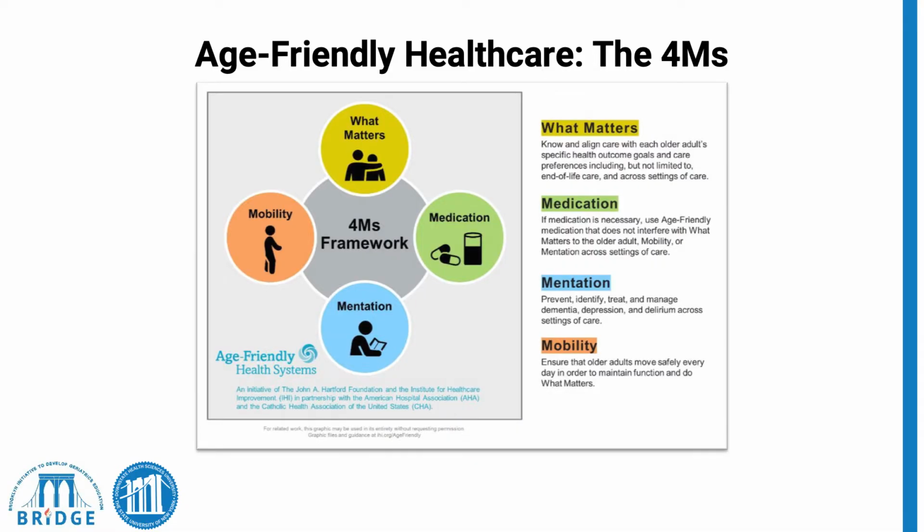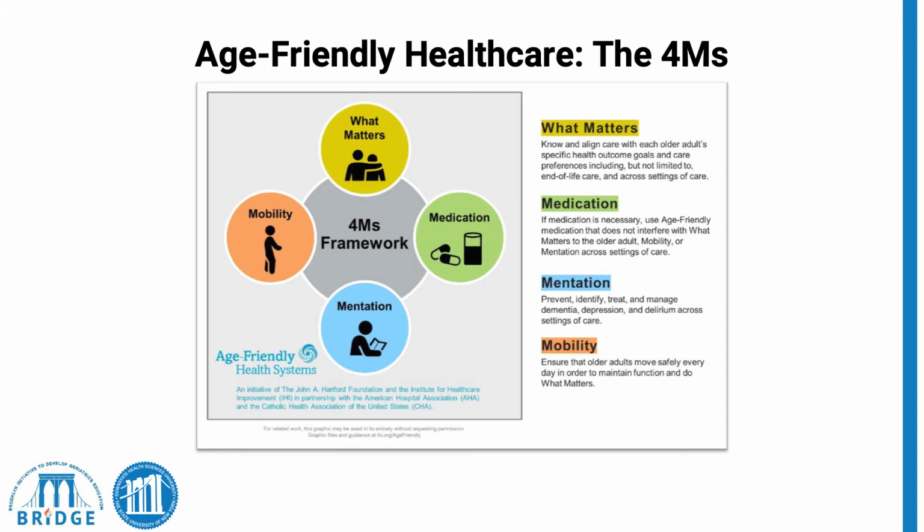It also takes into account medications and polypharmacy and potential for adverse outcomes and drug-drug interactions. It takes into account mentation, including depression, dementia, delirium. It also takes into account the patient's mobility and functional status. In the 4Ms framework, the intent is to emphasize that every older adult is entitled to comprehensive geriatric care, and the 4Ms model is one of the best frameworks under which to ensure that every older adult gets comprehensive, age-friendly